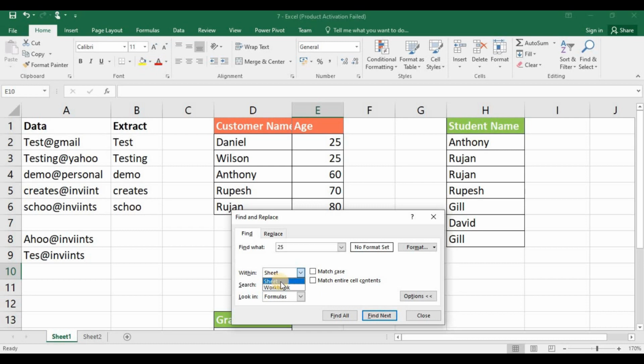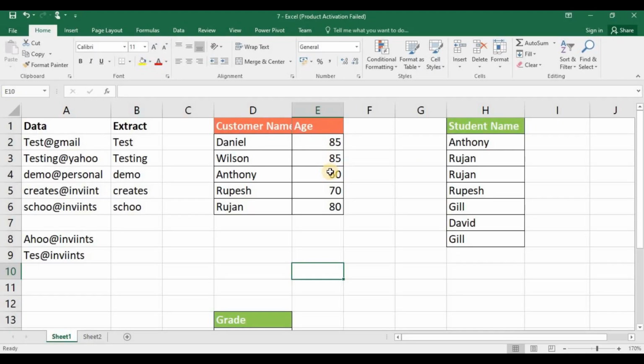By default, the option will be Sheet. If you want to search a value in all sheets, select Workbook. Now press Find All. Then you will get all the cell details from each sheet where the search text is located.